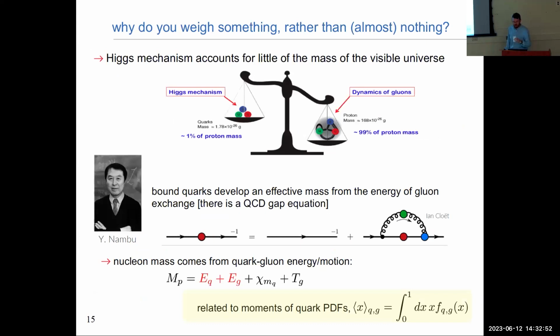So you talk about how the dynamics of gluons account for most of the mass of the visible universe. This is a question that's vexed me for a long time. Vexes a lot of us too. My understanding is that gluons are force-carrying bosons, like photons, which are massless particles that travel at the speed of light. So how can massless particles give rise to all that mass? That's a great question. It seems sort of counterintuitive.